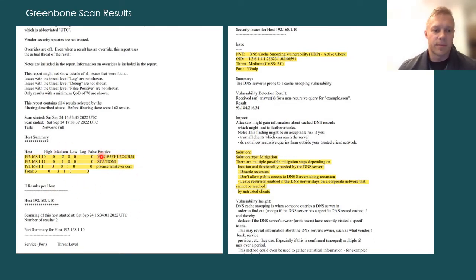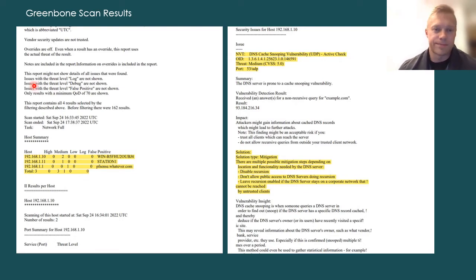This first one is our Windows 2019 server. The second one is our Windows 10 machine. And this third one is our pfSense firewall, which was run in a virtual machine as well. We can see that our 2019 machine had 2 vulnerabilities that were medium risk. Windows 10 had 1 in medium, and our pfSense had 1 that was low. So let's take a look at these results a little bit more in detail and see if we can make